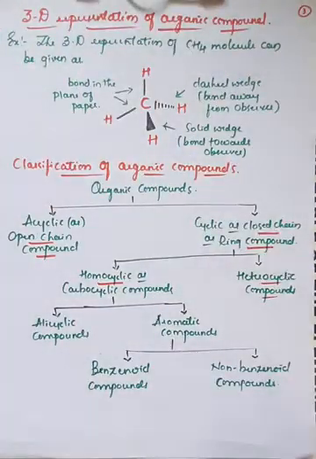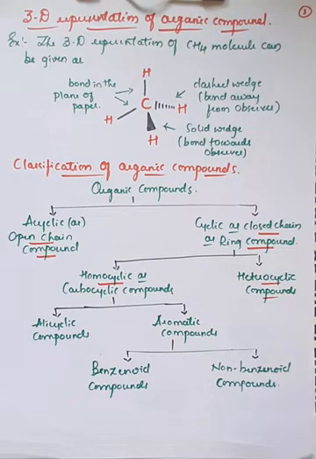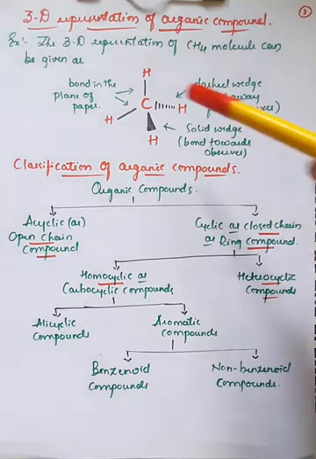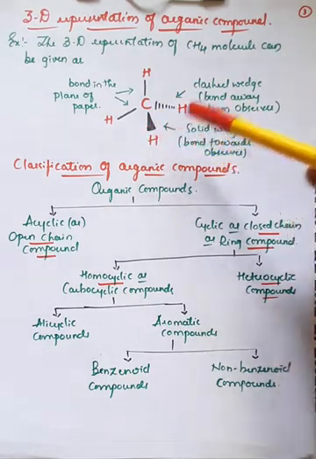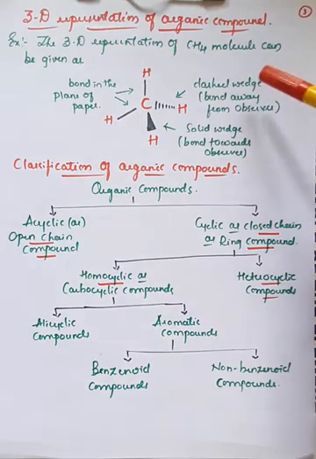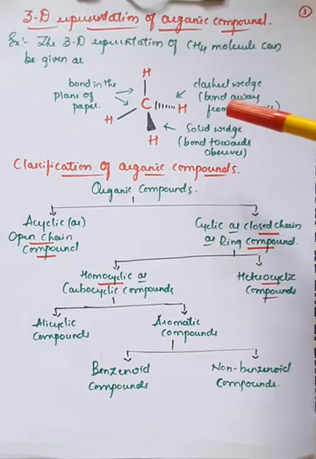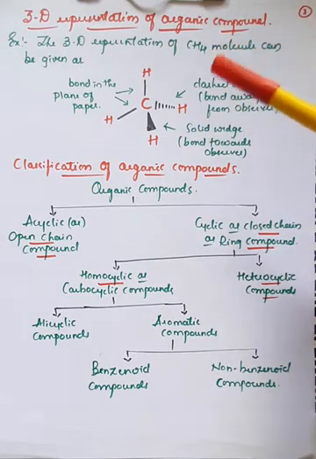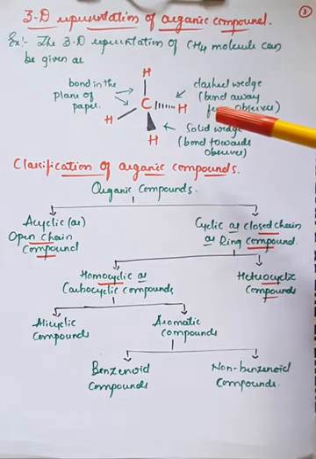After that we have seen the three-dimensional representation of the organic compound by taking the example of CH4. In CH4 we have seen the carbon is bonded with the 4 hydrogens, in which 2 hydrogens are in the same plane, that is on the plane of the paper. You can observe here the 2 hydrogens in which one is represented by the dashed wedge, which is called a bond away from the observer, and as I already explained, the last one is a solid wedge which represents the bond towards the observer, right? So that is the three-dimensional representation of the organic compound, generally in case of CH4.